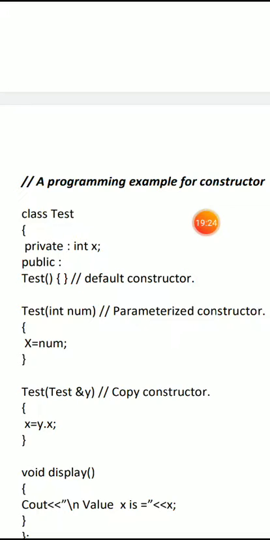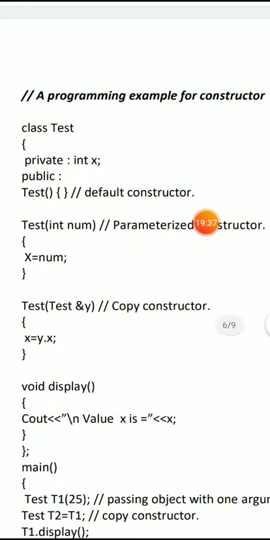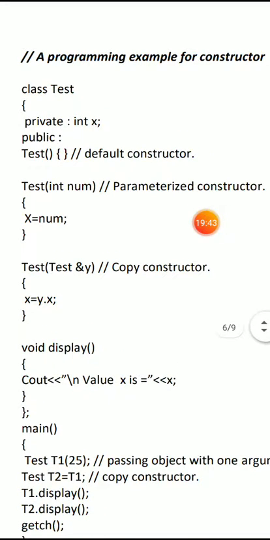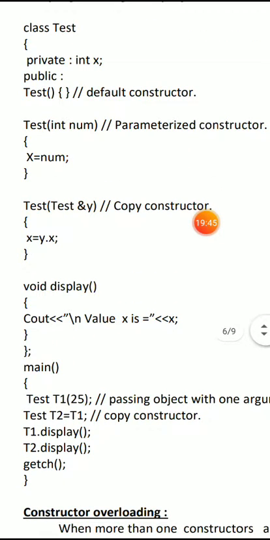Now the default constructor is initialized with some value. The second constructor passes one argument when an object of that constructor is created, and the third constructor passes a reference to the argument or parameter. Now the display function will display the content of x.